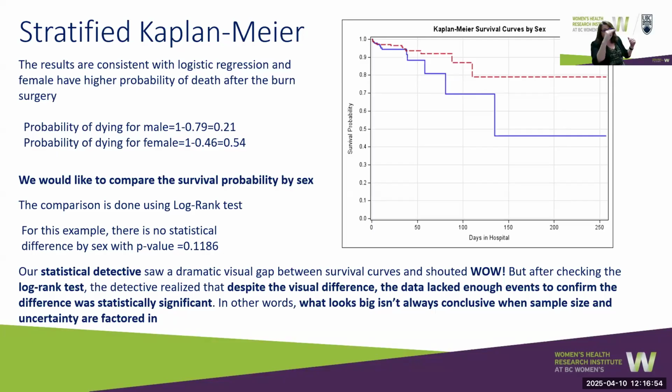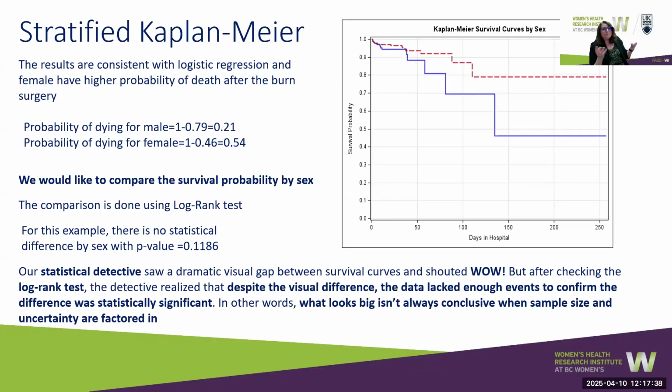The steps for female, the blue line, go down much faster than for the red line for male. It means, for example, if you look at day 100, I don't know, 140 approximately, a lot of people died in this time period because the step goes down very steeply. And for male, yes, people died, but it's very shallow, and the steps are much smaller. So it means that not only is the probability of females dying higher than for male in this case, and this supports what we got from our